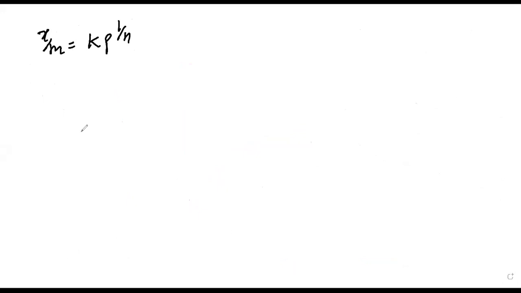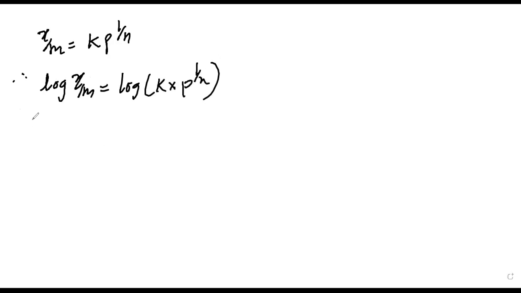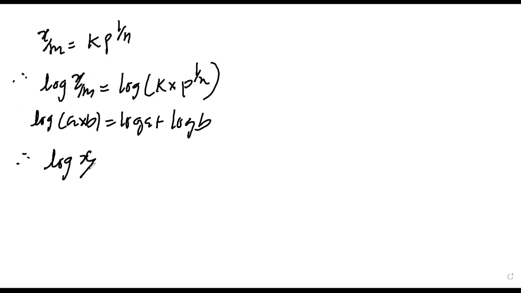Yes, sir. Thank you. So we have the Freundlich equation x by m is equal to k into p raised to 1 upon n. If we take log of both the sides, we can write log of x by m is equal to log of k multiplied by p raised to 1 upon n. But we know that log of a into b is equal to log a plus log b, and therefore we can write log of x by m is equal to